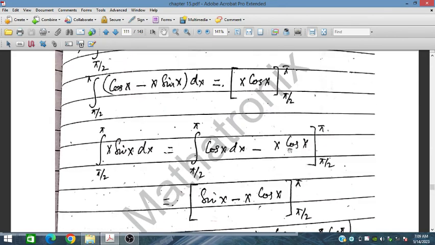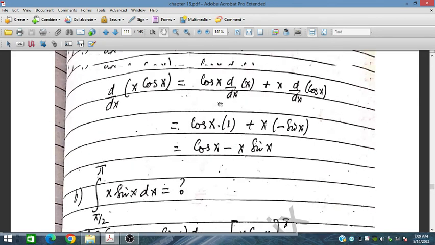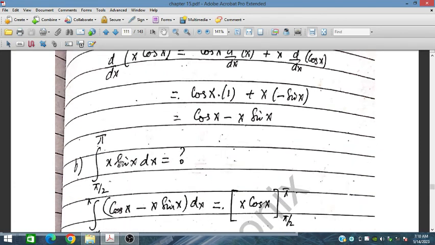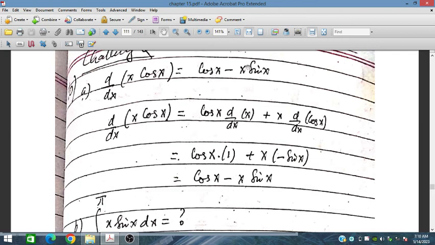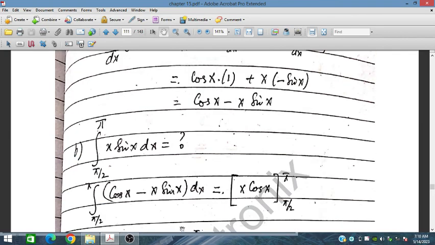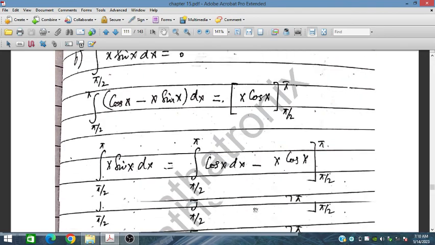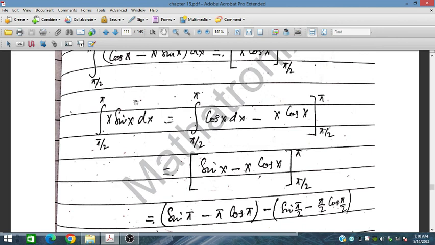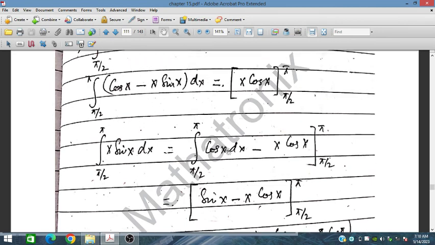This is important. This question is very, very important. Let's repeat it. We have d by dx of x cos x is equal to this. So we have evaluated this. Now we have to find the integral of x sin x dx. So we integrate this one and we have to solve. So for integration of this one, we will obtain x sin x as this part,